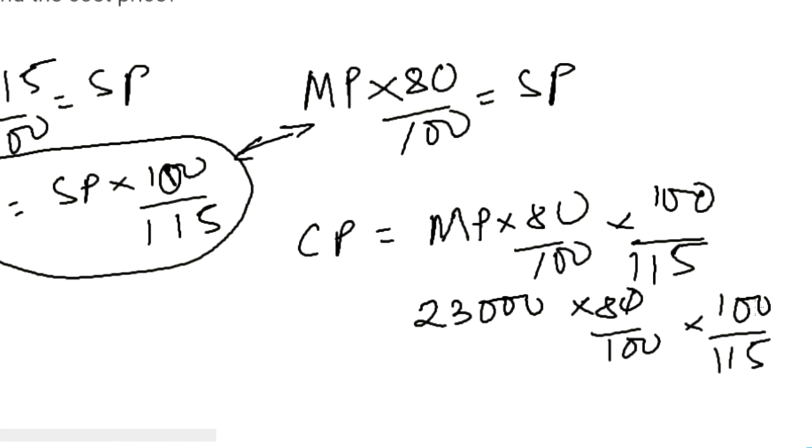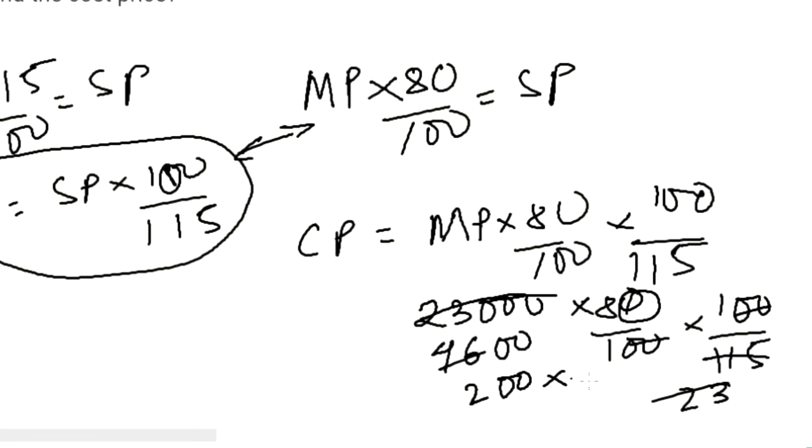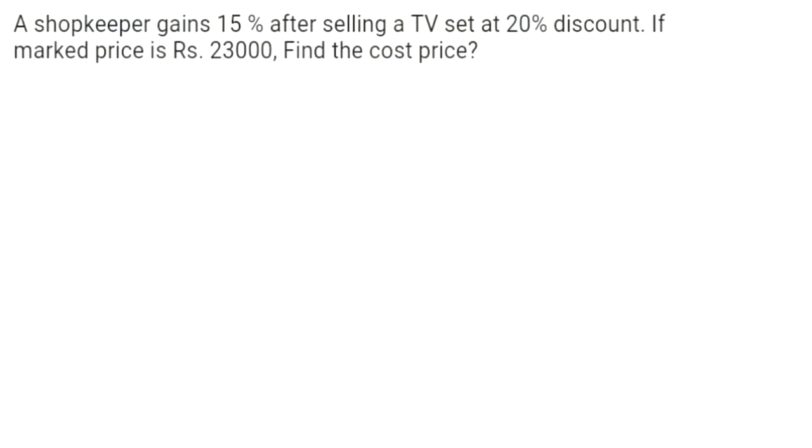So when you cut the zeros, let this remain. So you know what? 5 fours are 20, 5 sixes are 30. 5 twos are 10, 5 threes are 15. What is this? 2, right? 2, 3, 6, 2, 2, 0, 0 into 80. So it gives you how much? 8 twos are 16, so 1, 6, 0, 0, 0. Right? That's the answer. So basically this type of question, if you understand that, you can directly proceed with